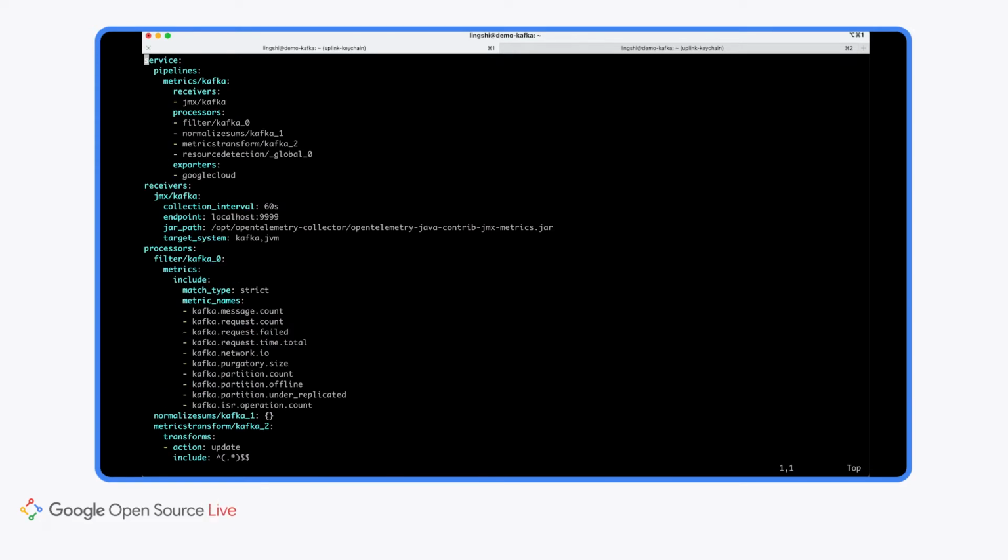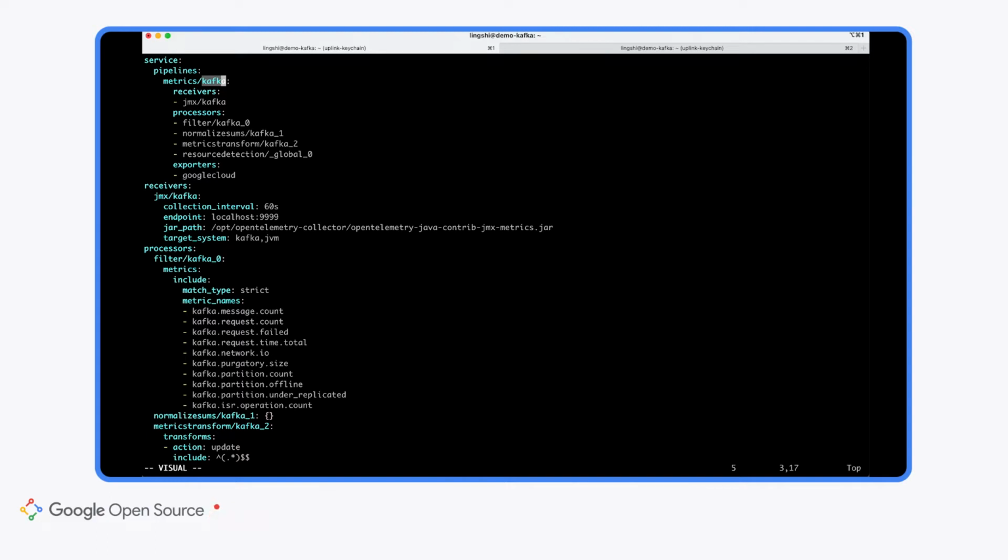So here you can see, let's take a look at the service section first. So the service section shows us roughly what the flow is like. Here we have only one pipeline called metrics Kafka. And it has three sections: receivers, processors, and exporters.